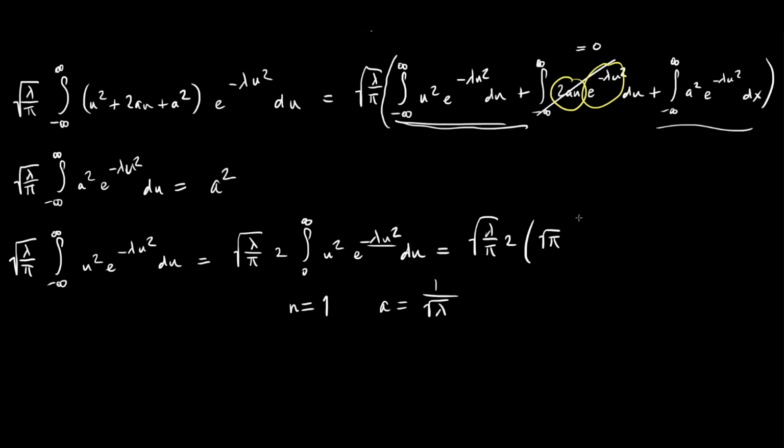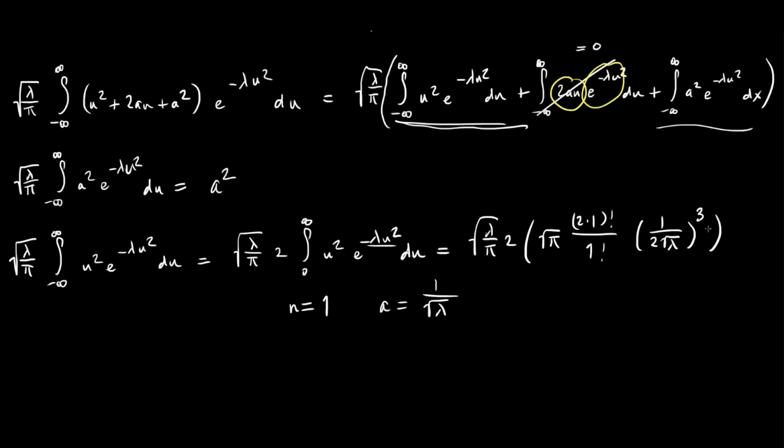Now it's not 0 factorial, but now it's 2 times 1 factorial with 1 factorial on the bottom. And this will be 1 over 2 square root of lambda to the power of not 1, but now it's to the power of